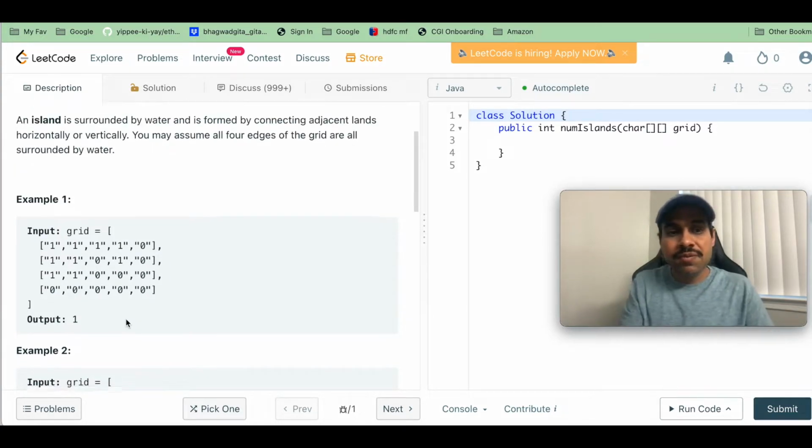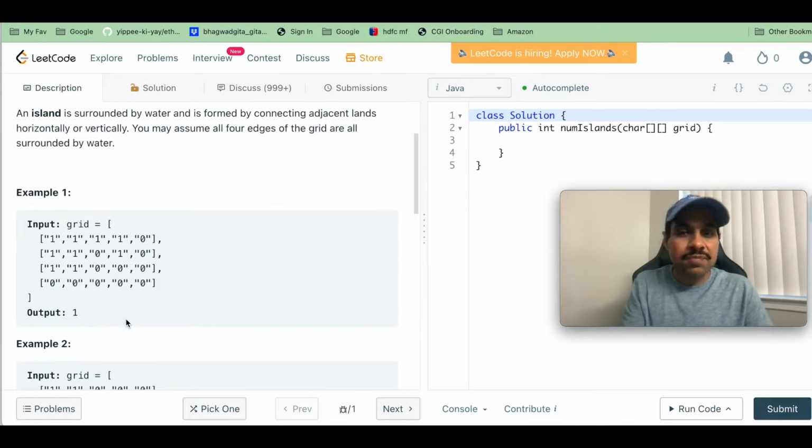In these types of questions, the first thing that should come to your mind is that these kinds of questions are basically solved by 3 algorithms. One is depth first search or DFS, the second one is breadth first search or BFS, and the third one is union find or disjoint set data structure. So I am going to solve it by DFS today, and if you want you can try solving it by BFS also. I have created videos for DFS and BFS both. If you want to revise what those are, you can go through my videos.